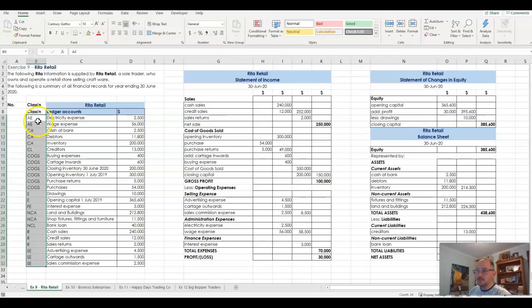So this is how I'm going to do it. Instead of writing AE for advertising expense, I'm going to write EA for expense advertising. Okay, next one here, EA for expense advertising. What that'll do is when I do that to all my expenses, expenses down here, EF,